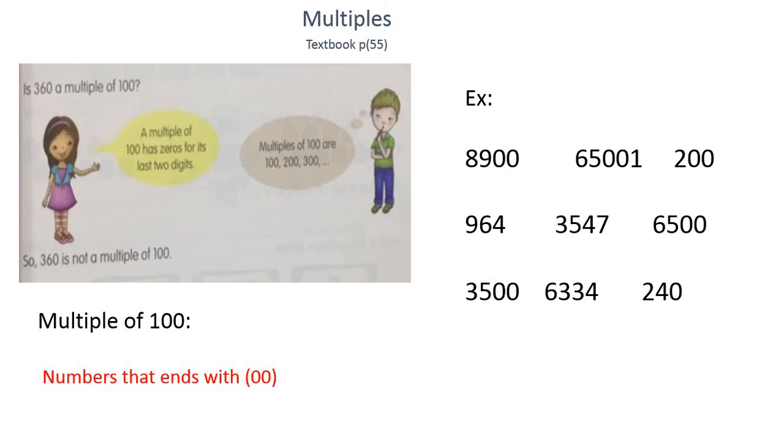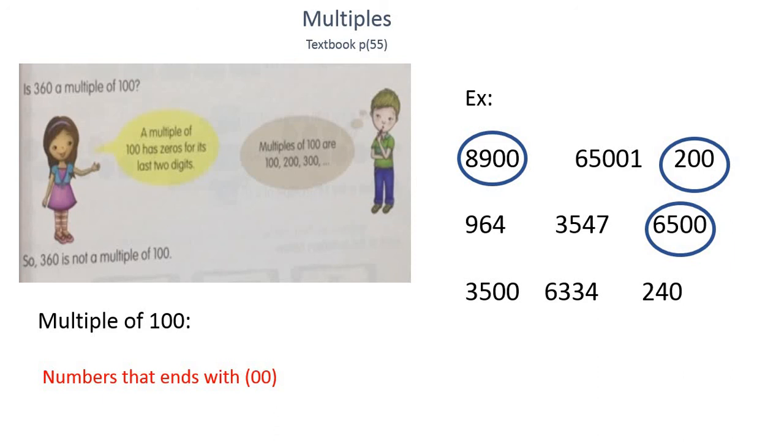Let's take some examples. The first one is 8,900. It ends with 2 zeros. Circle it. The second one is 65,001. This is not, so we will not circle it. 200, it is a multiple. It ends with 2 zeros. And here,